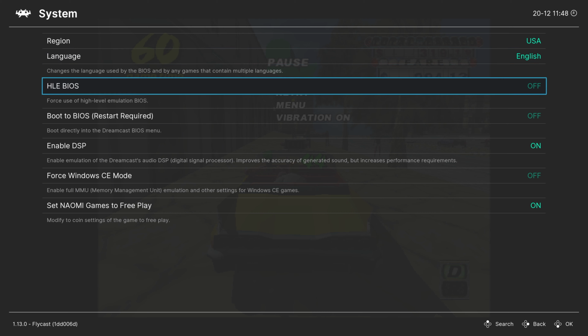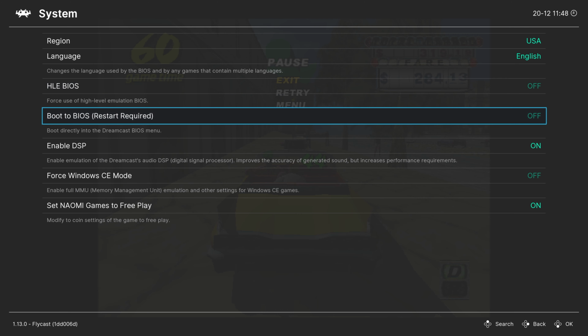Our next option is to use the HLE BIOS file if we do have an actual BIOS file present, so you can force the use of a high-level emulation BIOS file. Not really sure why you would want to when you have an actual Dreamcast BIOS file present, but the option's there for you. Next, we have the option to boot directly into the Dreamcast BIOS file. So if you ever want to boot into the Dreamcast BIOS, if you happen to have one inside your Retroarch system folder, you enable this option,